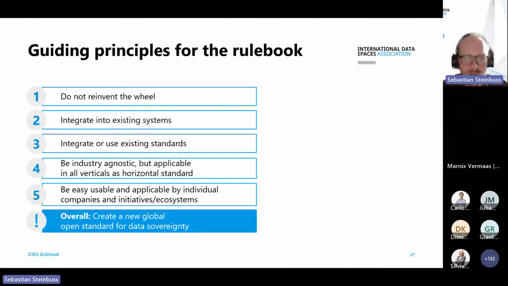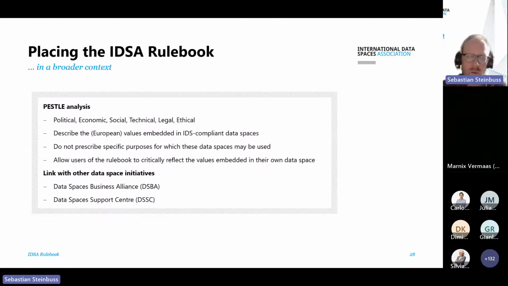So this is a goal that we are working on. We are not there yet, but we are improving from day to day to be really as easily integratable as possible. So our main goal is really to work on this new global and open standard for data sovereignty, as Carlos pitched in the beginning of the presentations today. What we do in the rulebook, and this is not part of the normative part of the IDSA rulebook, but to explain our world a little bit,